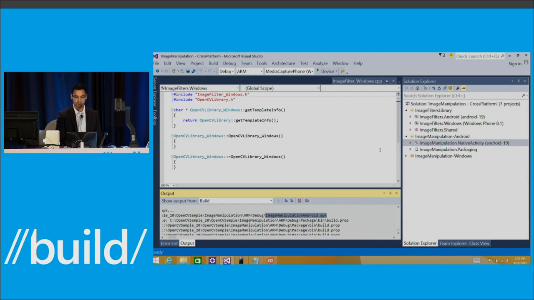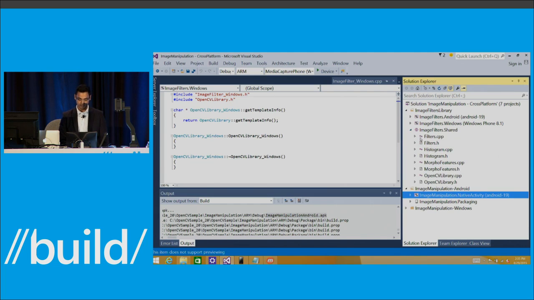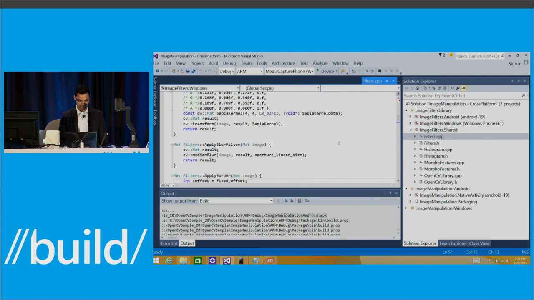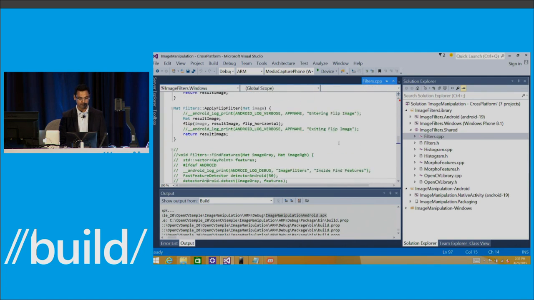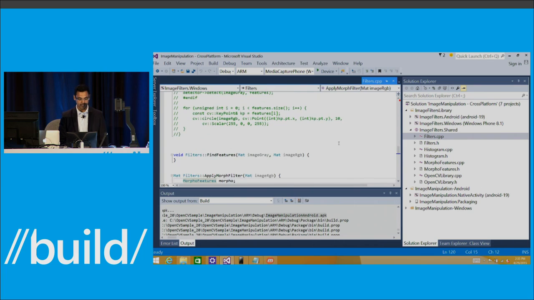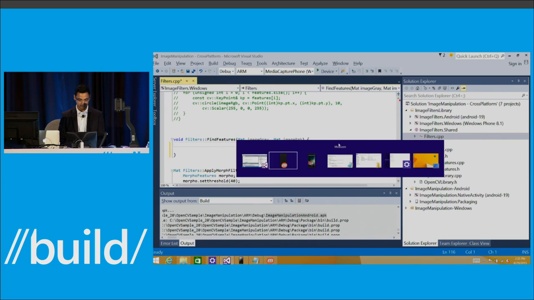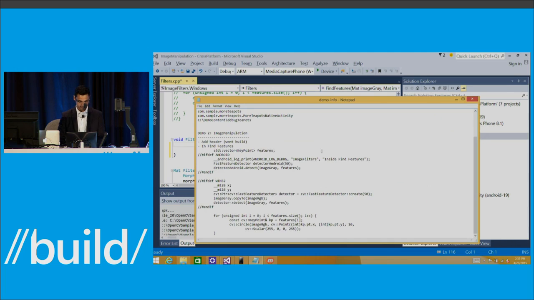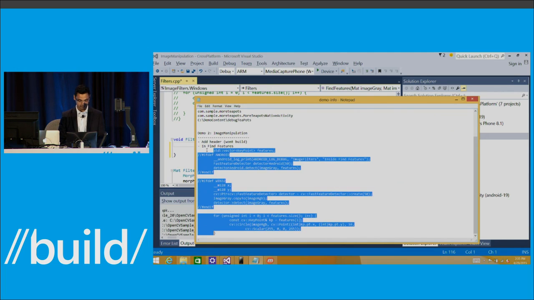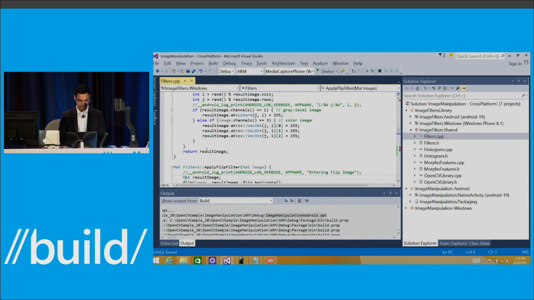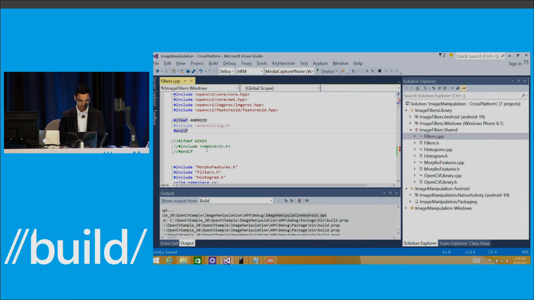All right, so the next thing I want to show you guys then is I'm actually going to go ahead and add a new filter here in my shared code. The beauty of C++ obviously is that now that I actually have all this cross-platformness available to me, adding new features is easy because I only have to add them once. So I'm going to go back to my cheat sheet here, copy my code, and copy that into here. Also, while you guys are not looking, I'm going to make some other edits